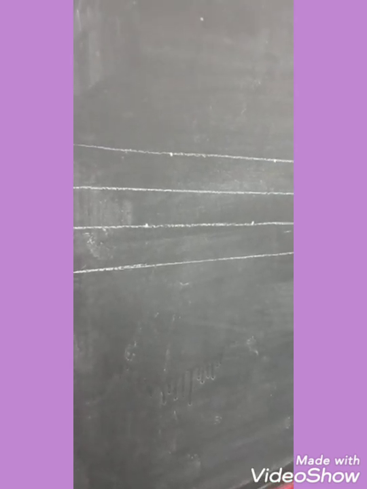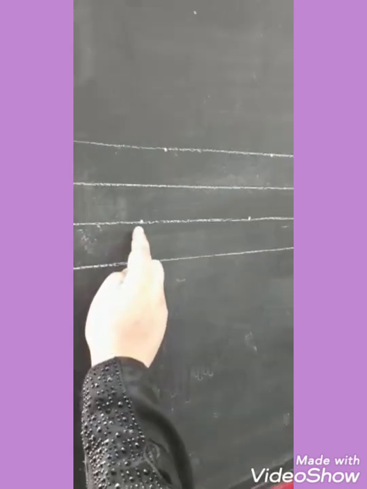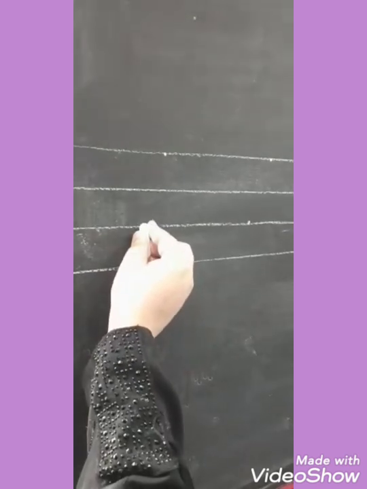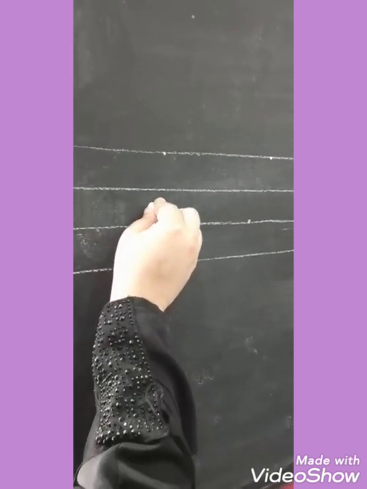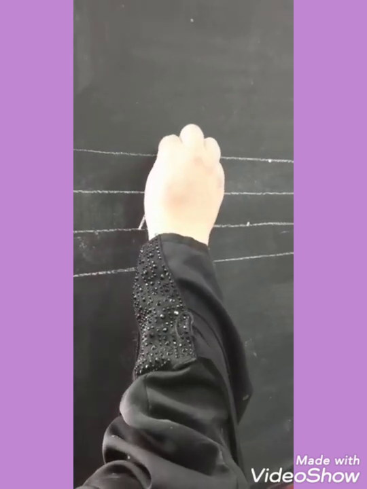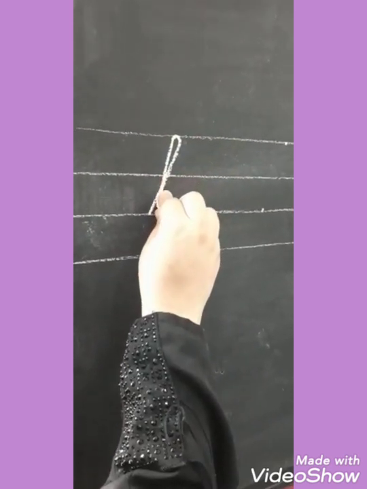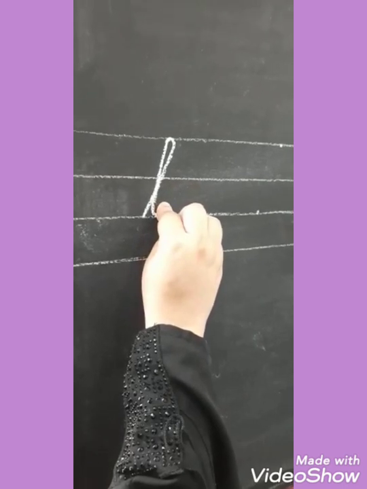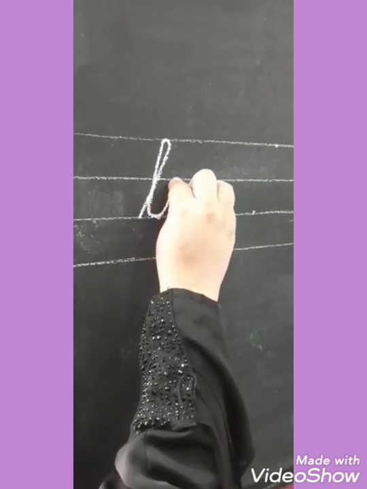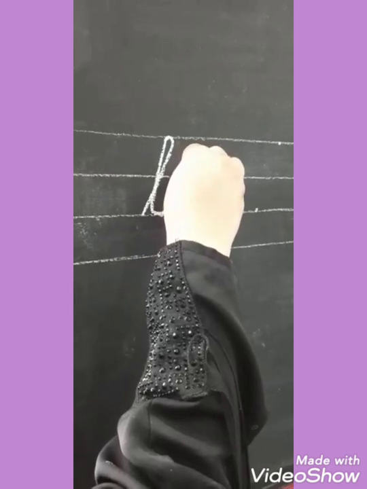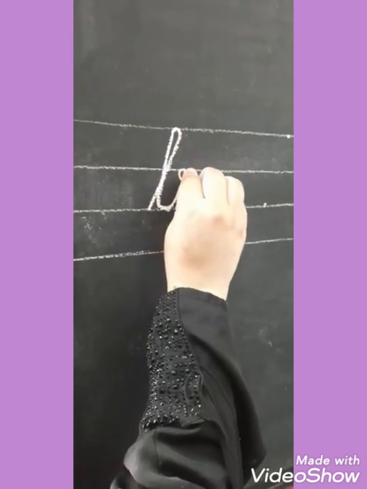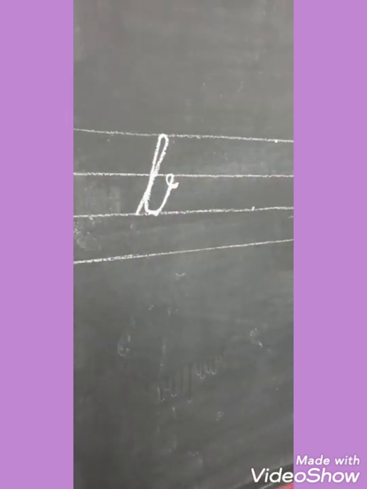My dear students, next letter is small letter B. You can see your dots in a slant way. B will start from the third line. Now put the pencil on this dot, go up in a minor slant, round your pencil, come down near to the first dot. From here you have to round your pencil, go up in a slant, touch the second line, make a hollow and stop like this.